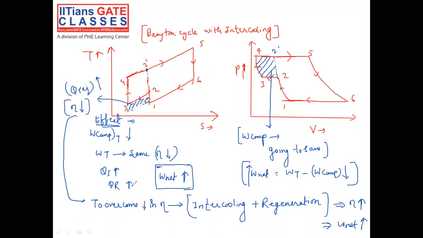Now coming to the question, what they basically ask is that we need to get the intermediate pressure. Now we have the basic idea of the meaning of the Brayton cycle with intercooling. Now we can move on to determining the intermediate pressure for getting the minimum work of compression, that is the intermediate pressure for minimum work input.